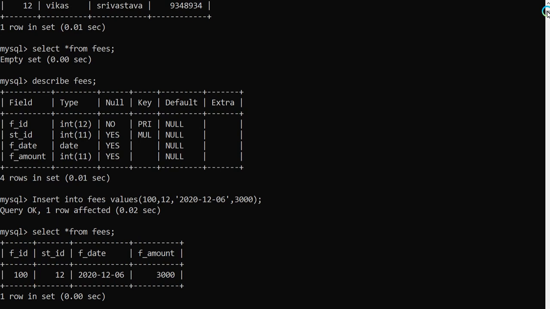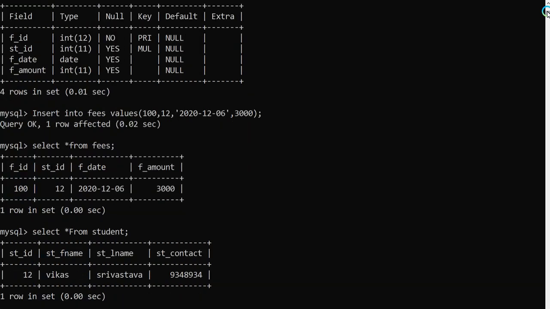So first I will show you how many records are in the student table. So select from student, only one record is there, clear. We are going to insert into the fees, and we have written values, and the first value we give is id, and then the second value we give is a student id that does not exist. We are going to see what the problem is, whether it can be inserted or not. And then fee date is 2020, 6 month and 31 day, and fees amount 4000.